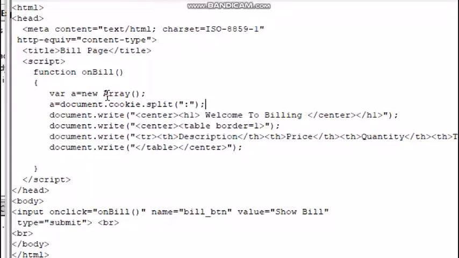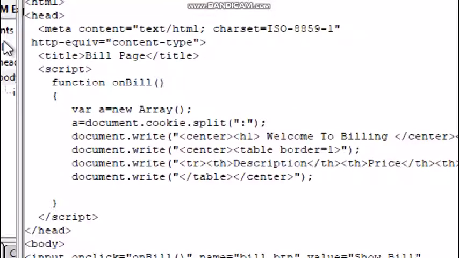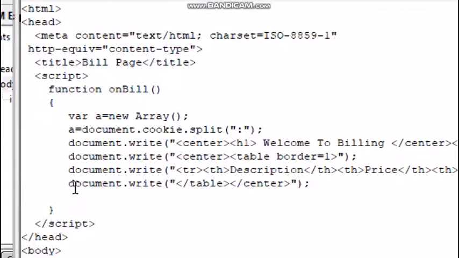Since each product is separated by colon sign, A1 will contain first product details, A2 will contain second product details, and so on. Now each product has four parts. First is description, second is price, third is quantity, and fourth is total amount. These all parts are separated by commas. So let us split them.